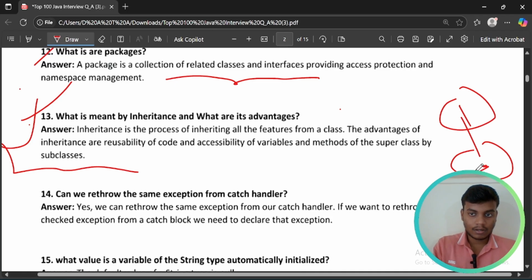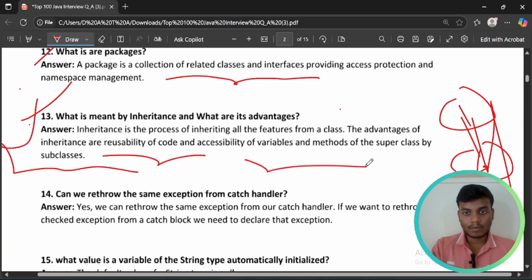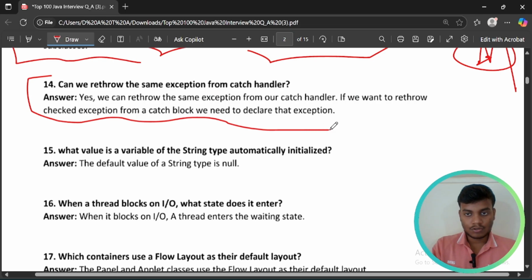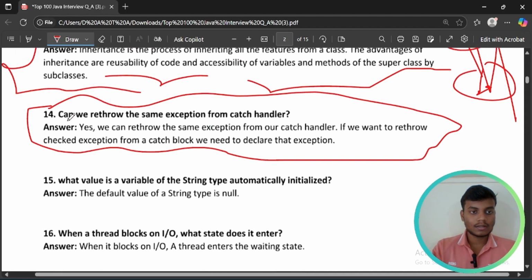The child class will inherit all the behaviors and properties of the parent class. The advantages of inheritance are reusability of code and accessibility of variables and methods of the superclass by the subclass. So you have heard about subclass, superclass, derived class and base class. That we use in inheritance.